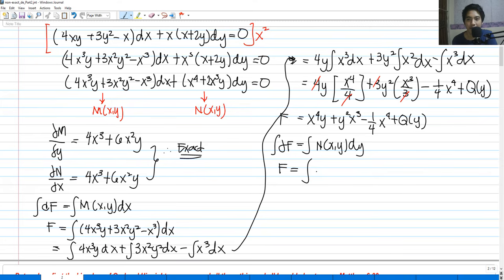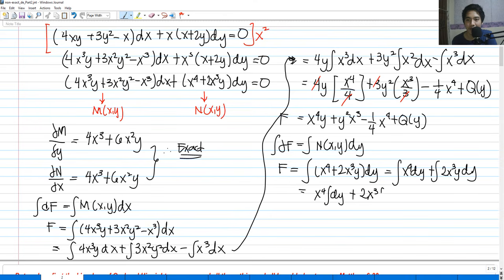Integrate the N. So we have x raised to 4 plus 2x cubed y dy. I can distribute y and factor out x. So we have x raised to 4 dy plus integral of 2x cubed y dy. So what's next? Factor out x because we are integrating with respect to y. So we have x raised to 4 integral of dy plus 2x cubed integral of y dy. So our answer would be x raised to 4y plus 2x cubed